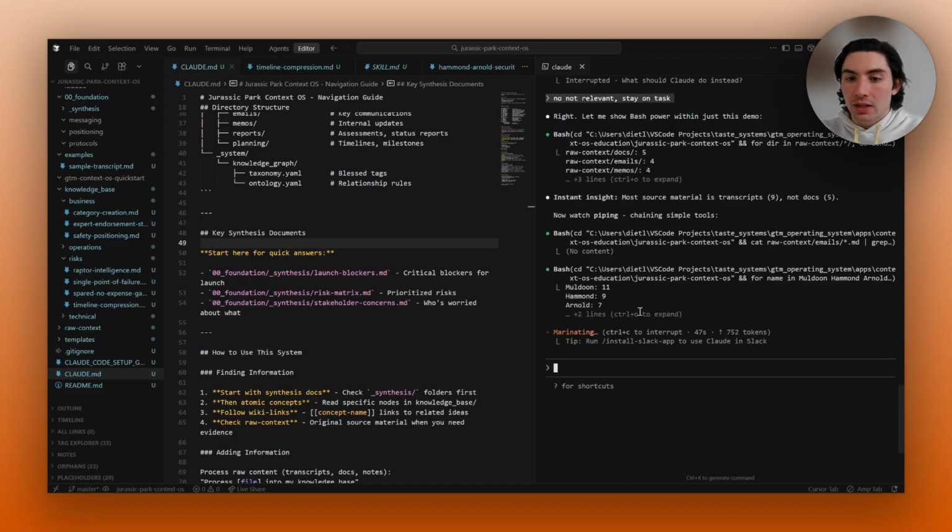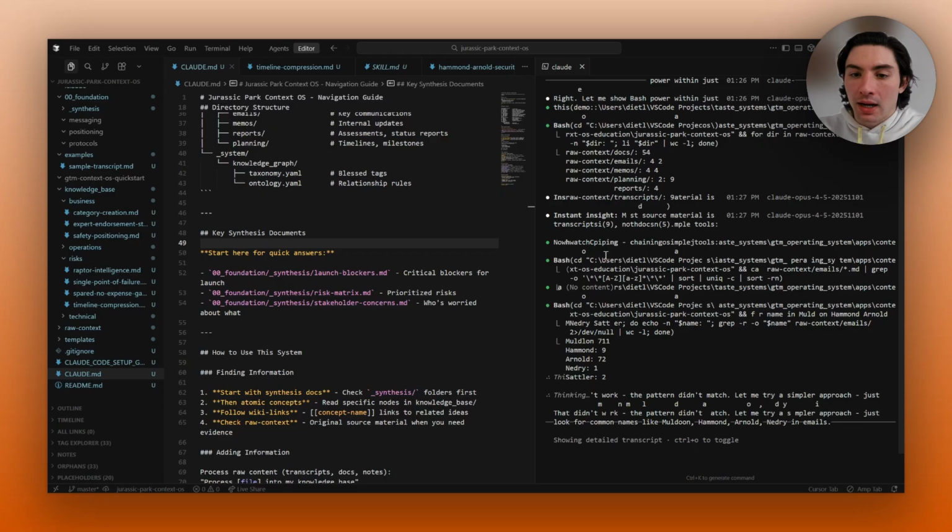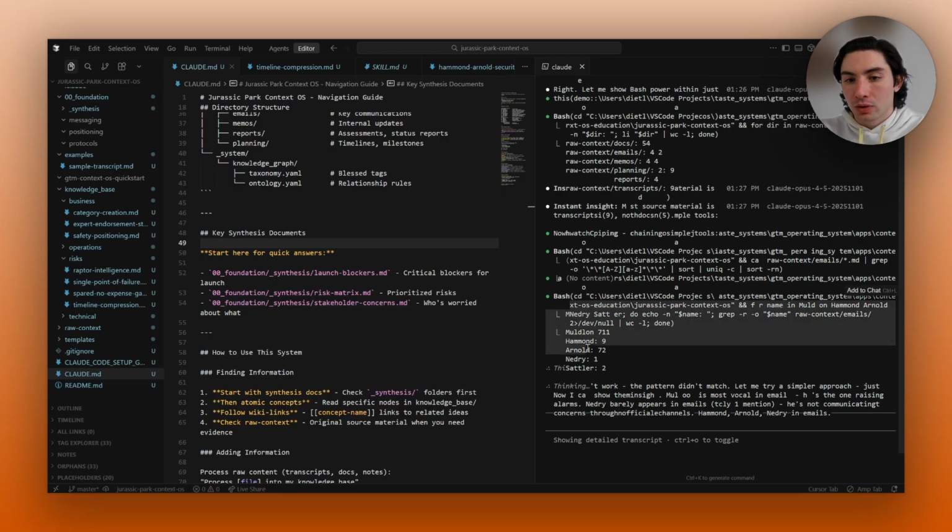And there you go. See, it's actually printed out an answer here, right? My name is Muldoon is the most, Hammond, Nedry. Now, this doesn't look right to me. So this is where it also comes down to you fundamentally. It comes down to someone who has an understanding of the system. There's no way this guy's name, Muldoon, is mentioned 711 times.